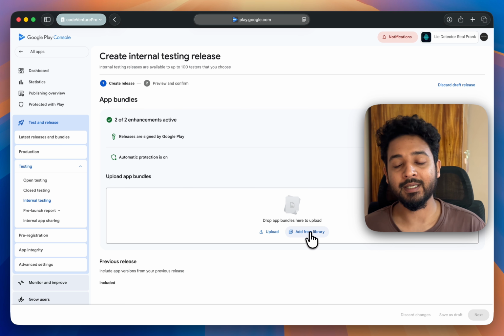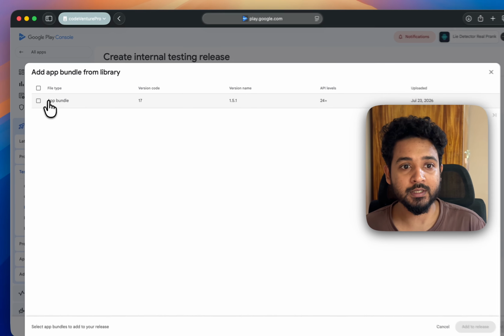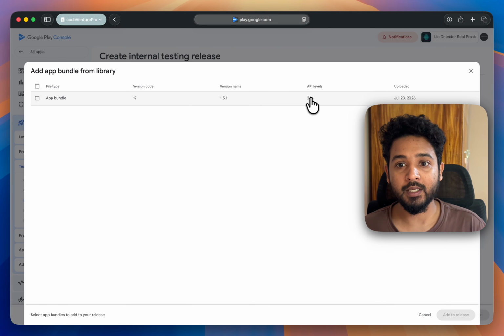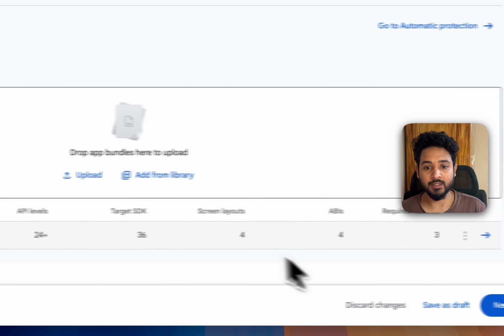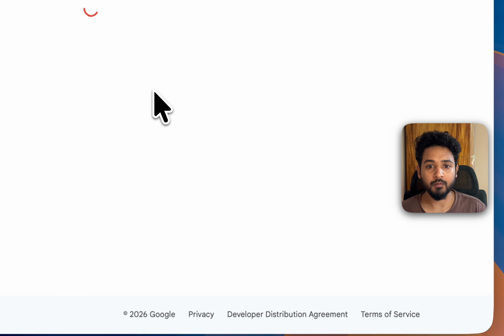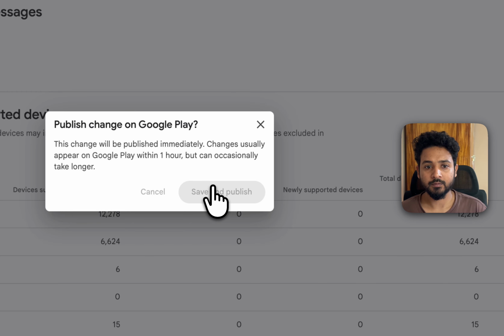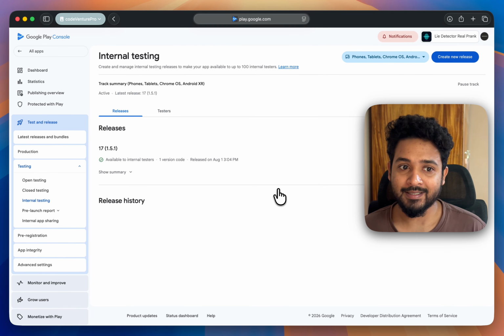So we just pick the bundle file which is like 17, with API level 24 plus, right? So we can just add from library, click next, save and publish. So this is one way.